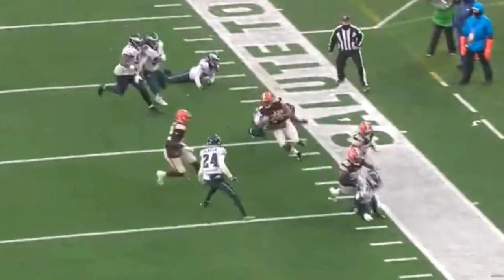So to set the situation for this play, it's fourth quarter, 1st and 10 for the Browns at their own 39-yard line. 10:40 left to play, and the Eagles had just cut the Browns' lead to 12-10 with a field goal. Now they're in 11 personnel on this play, which was more rare than usual in this game because you remember this was right in the middle of that wind and rain trilogy of games that the Browns had last season. So the Browns only ran 11 personnel with 3 receivers on the field 30% of the time